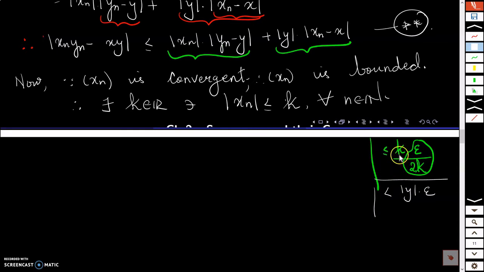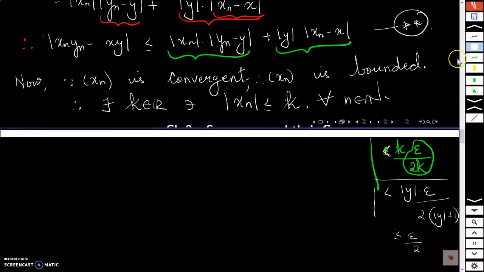Now this is a strict inequality here, so I need 2 definitely, so 2 should be there, and I don't want this y, but I simply cannot divide by y here because y can be 0. y is a real number, so there is a possibility of y being 0. So I'll have to add 1 to this y as we had done in the second property, and then mod y by mod y plus 1 will be less than or equal to 1, and this will be less than or equal to epsilon by 2, and finally I'll get epsilon by 2 from here and here, and that will add up to epsilon.